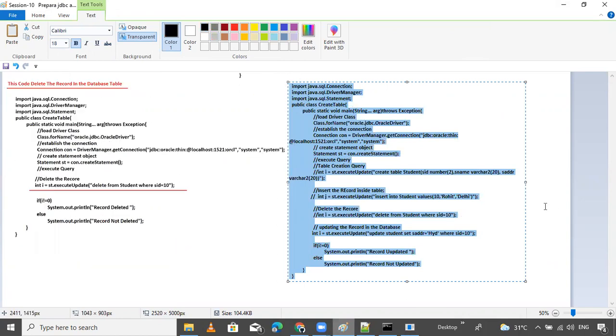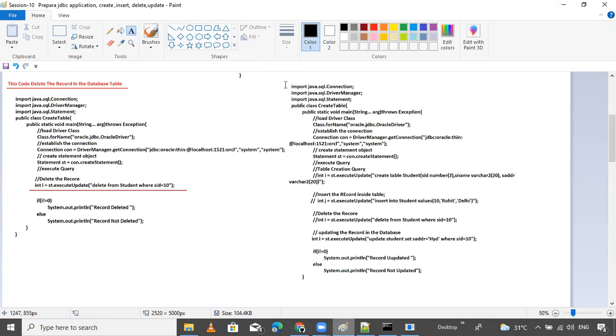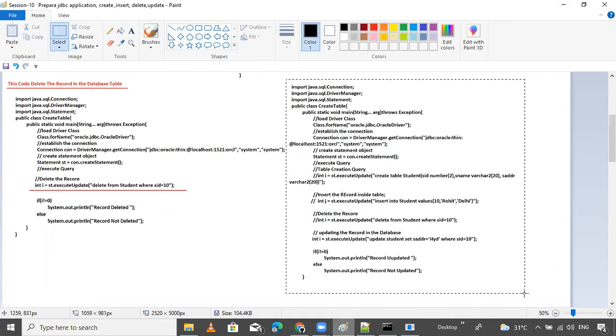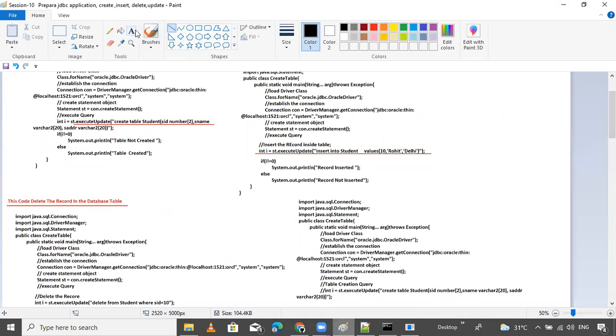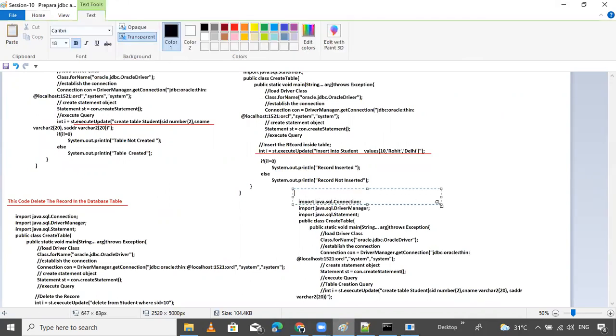Now it's good. Okay. So remember this code, this code for updating the record inside the database table.